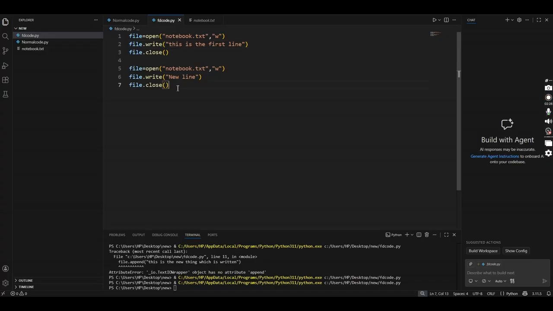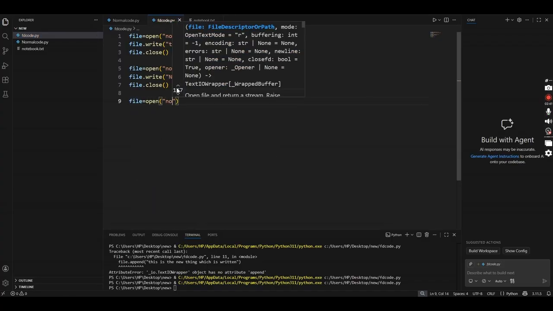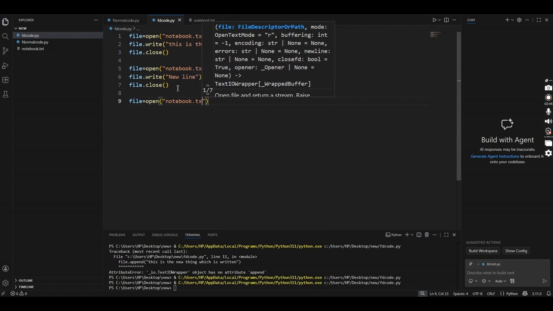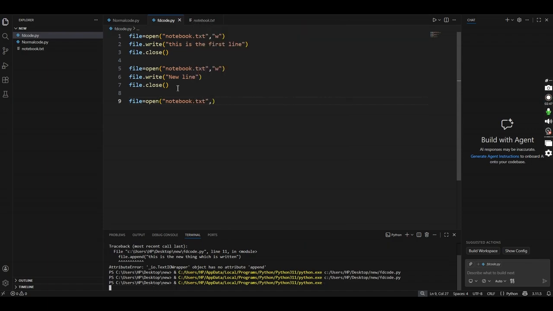Now we want to add something in the file, without overwriting. Then we will open notebook.txt, and here I want to append something.